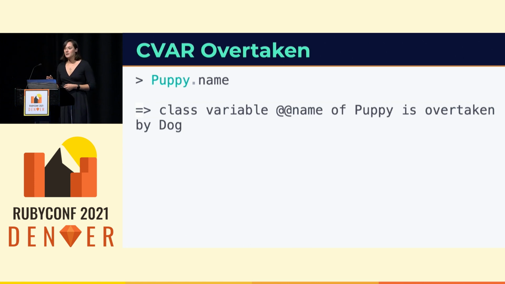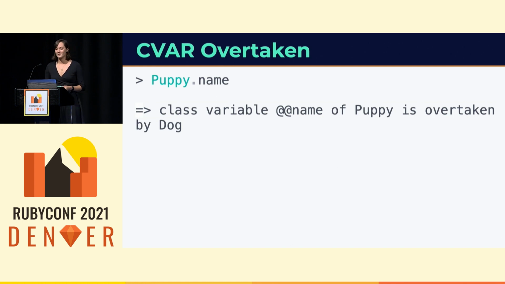The class variable needs to be stored on the highest class in the chain that has that class variable. So when puppy name is called, the hash table that was stored there is effectively broken because we reopened the dog class and set the name class variable higher up. So as you can see, class variable inheritance is incredibly complex, which is one of the reasons it's such a